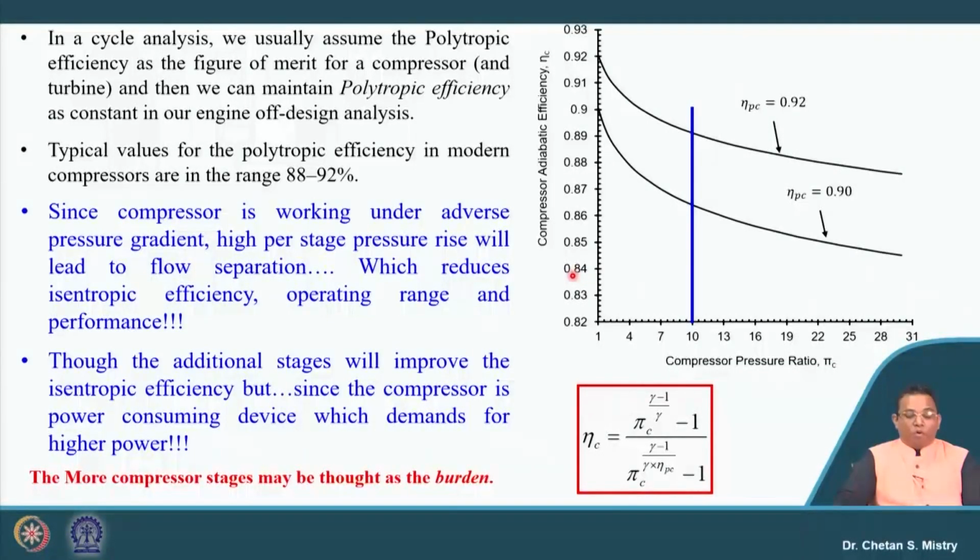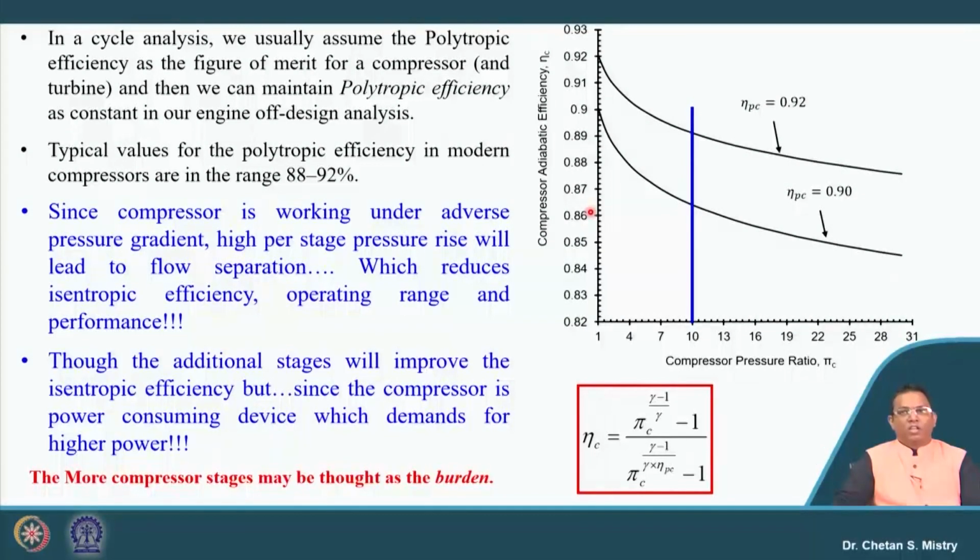So with more compressor stages, that is what people define as a burden. Here, if we consider a pressure ratio of 10, I can go with a larger number of stages with a higher polytropic efficiency, or maybe I will go with fewer stages with a lower polytropic efficiency, but at the same time I need to compromise somewhere in terms of my